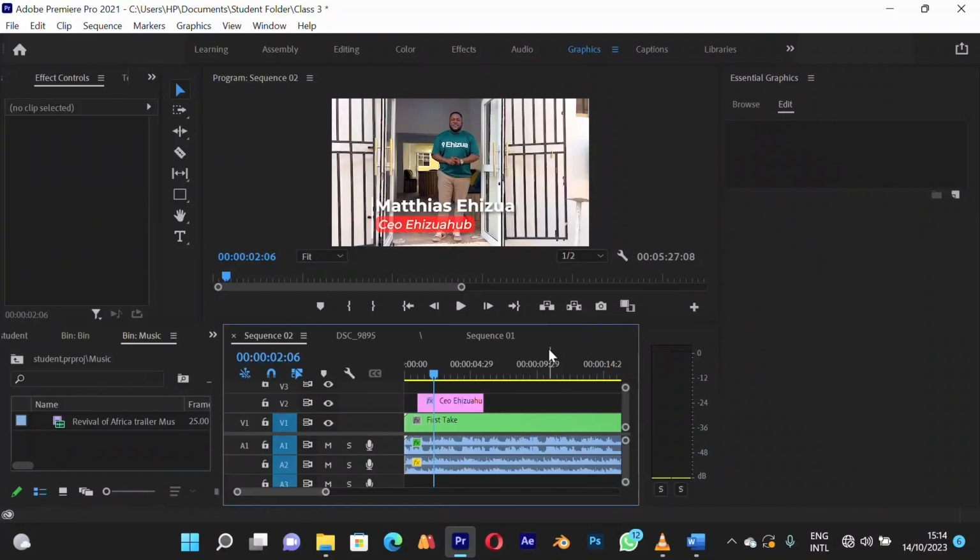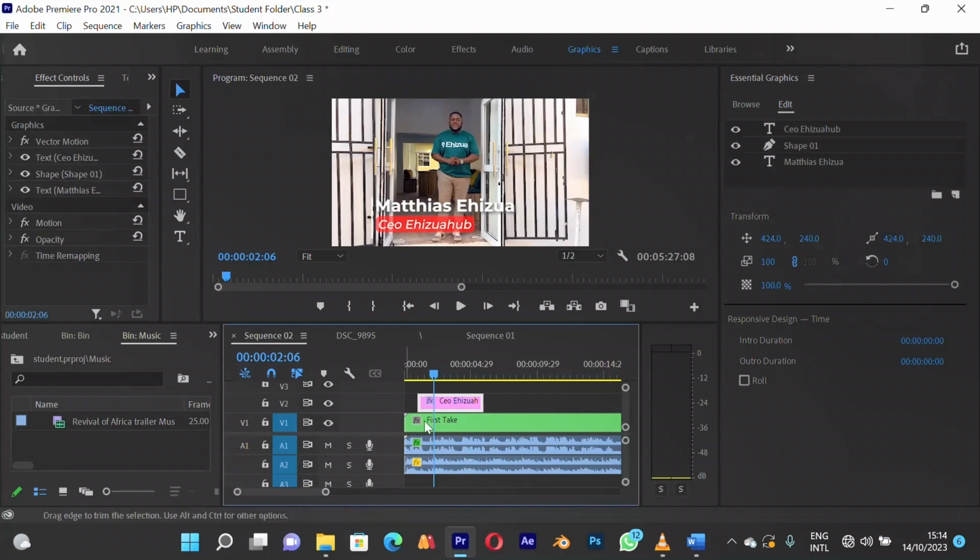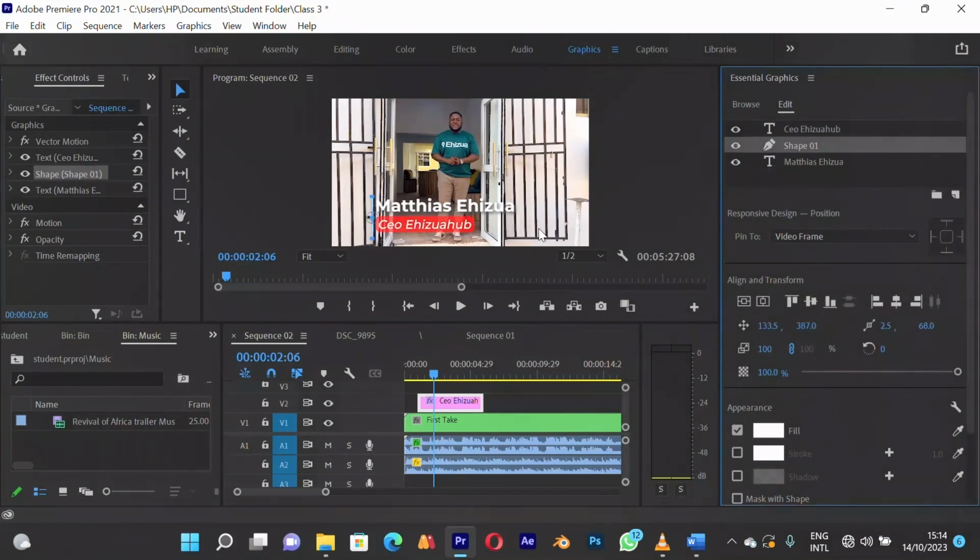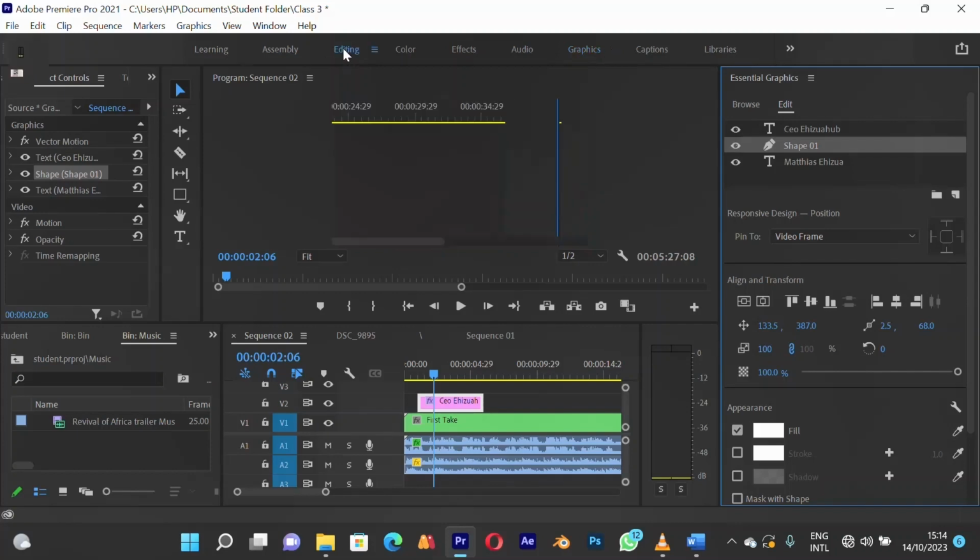So let's go ahead now and animate it, and we'll do that one step at a time. I'll go down to my Essential Graphics and start from here. Now we're not going to be doing our animation from right here. We're going to be doing animation from Effect Controls. Yeah, it has the power of animation. So I'll go back to my editing